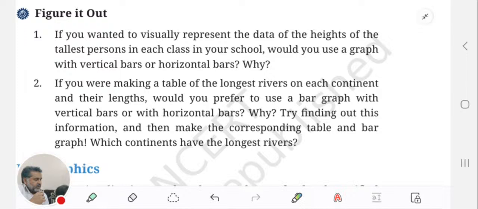To visually represent the data of the height of tallest person in each class, bar graph with vertical bar is used because it is more intuitive and visually appealing to represent height which are measured upward from the ground using bar graph that have vertical bar. પછી second question છે,